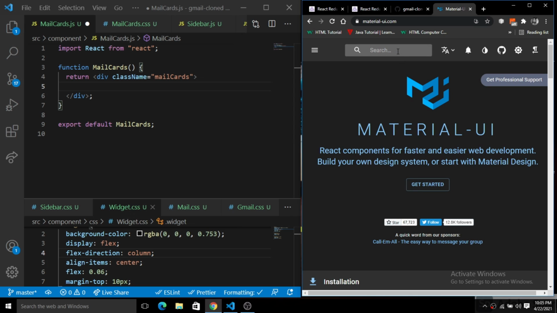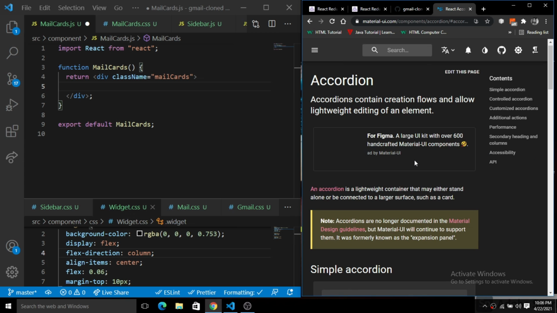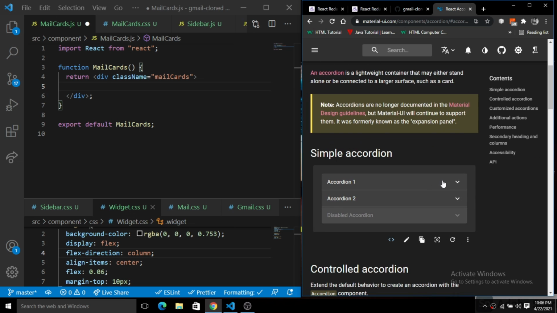Now just search for accordion, and here you will see the accordion and its features. We will use a simple accordion, this is the accordion we are talking about.